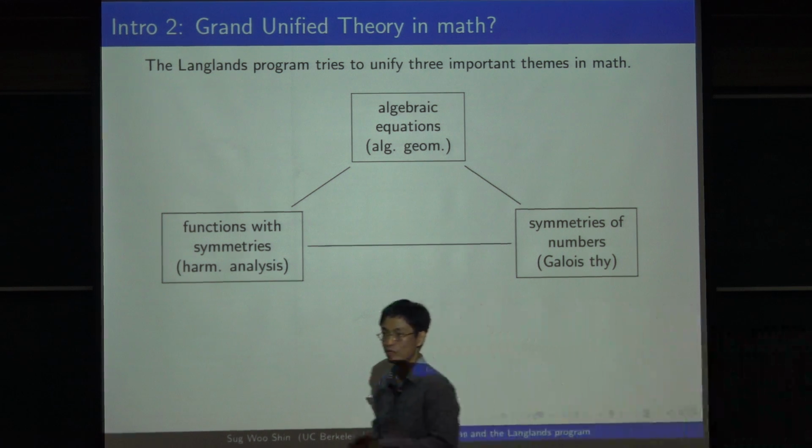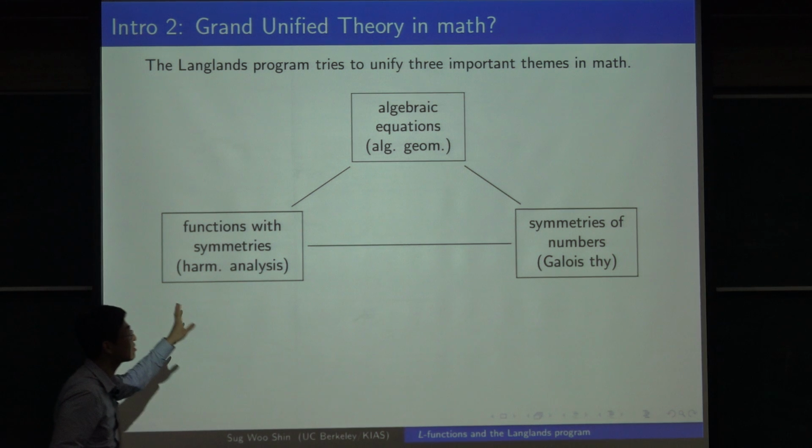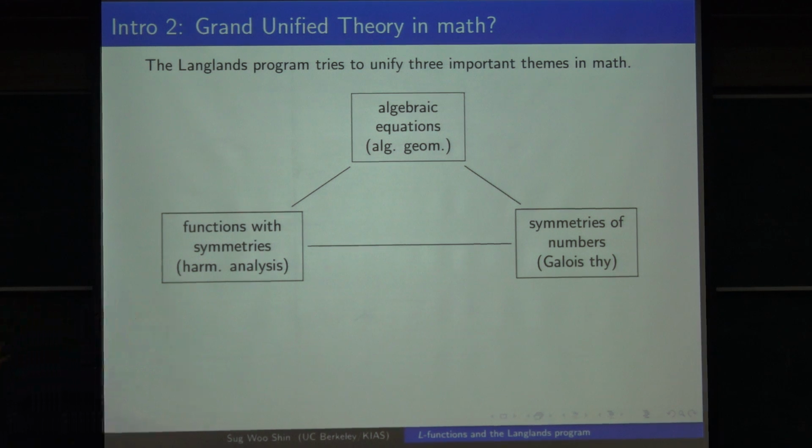This is not all of mathematics, so it sounds a little misleading when it says grand unified theory. It's not like everything in mathematics, but it's just about three important themes in math. There may be 100 or 1,000 important themes, but these are three important themes, especially matter to number theorists like